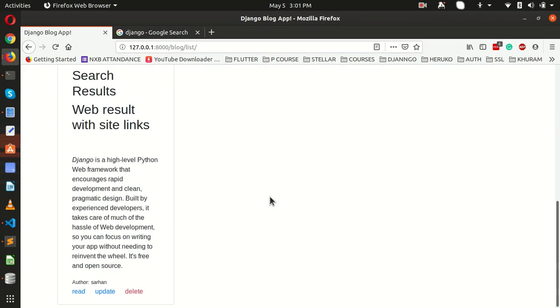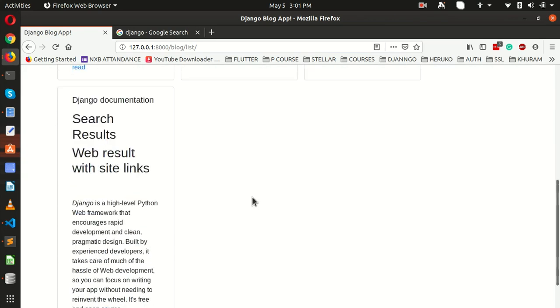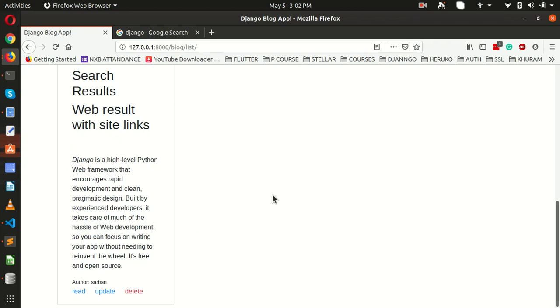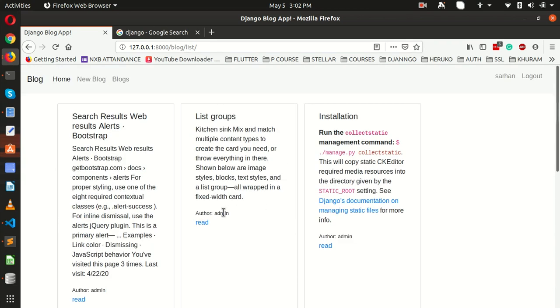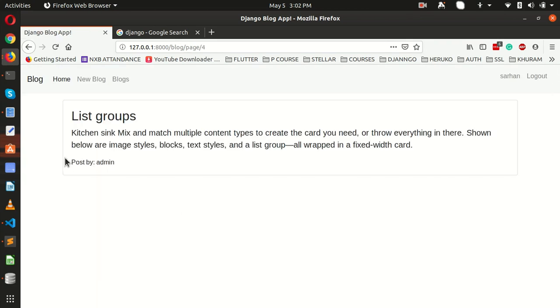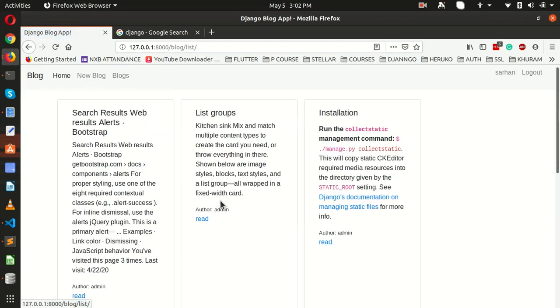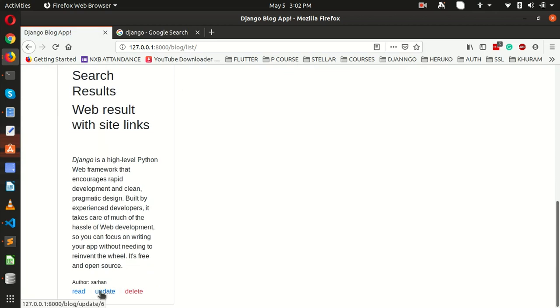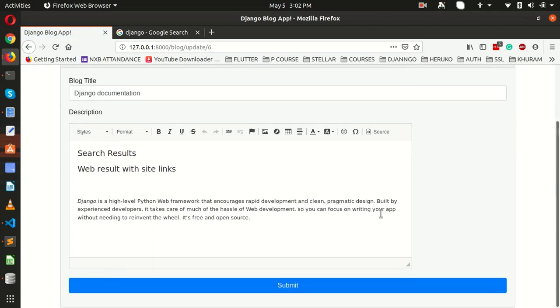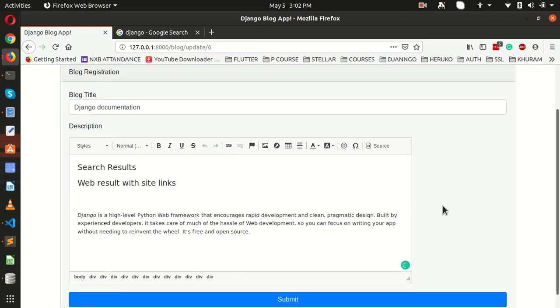Here we have that functionality. Okay, let's check. That's okay. Right now we can read this, but we can't edit this. So that's cool. But if we come to our own blogs, we can edit them as well. So this is good.